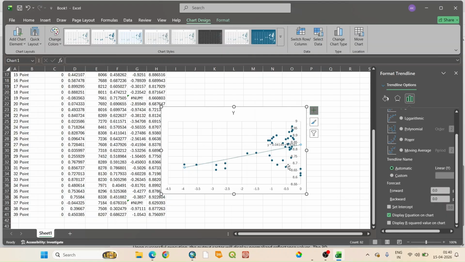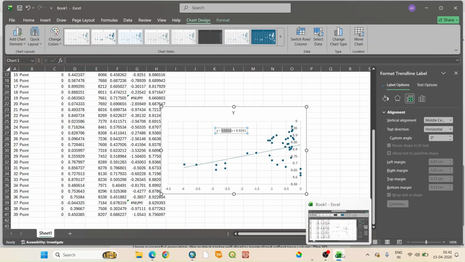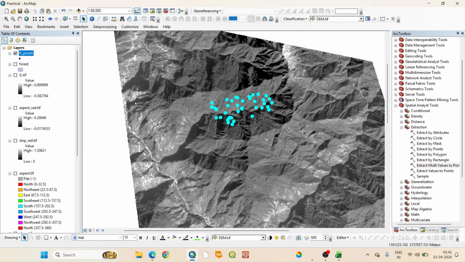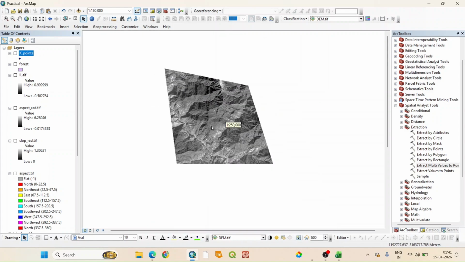So this is our y equals mx plus c, and this will be our constant for our IL or Minnaert correction. Okay, so we are going to simply copy it here, and we'll put it in the formula. We have already calculated this constant, and after this we are going to